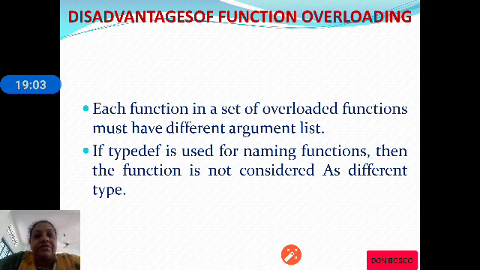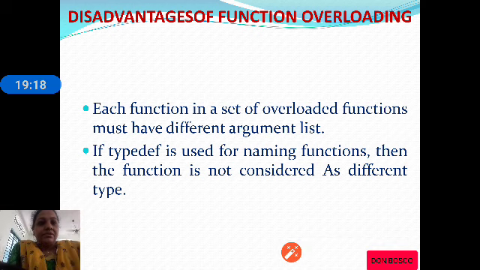The next disadvantage is if typedef is used to name a function, then the function is not considered as a different type. So these are the disadvantages of function overloading. There are only two disadvantages. The first is that if we want to overload a function, we have to change the argument list. If typedef is used, we will not be able to overload the functions.